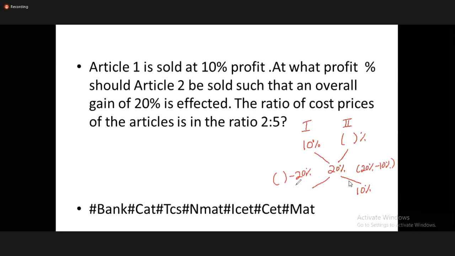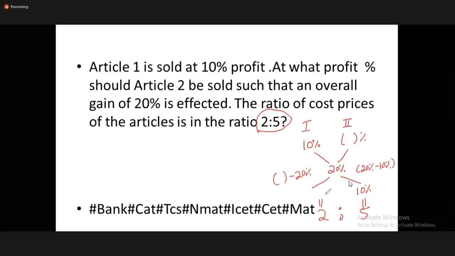Yes or no? Right. So guys, the ratio of the cost price of the articles was given. What is that? 2:5. So the final ratio was given 2:5. Can I say 5 parts is 10%? When 5 parts is 10%, 2 parts is how much percent, ma? 4% only, no? Yeah, 2 parts is 4%. If you want the result to be 4%, can I say this value has to be 24%? Then only you will get your answer as 4%.